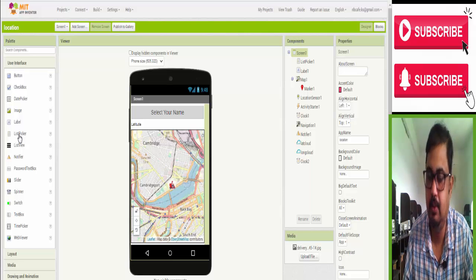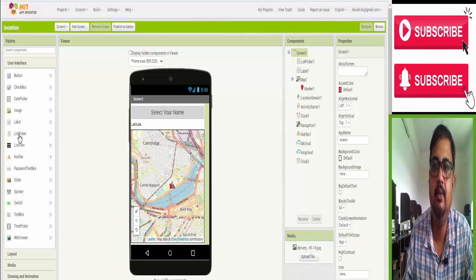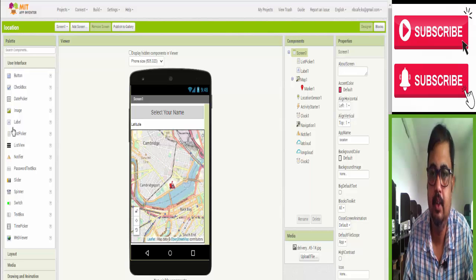Maybe you apply this app to your office work also, like Zomato did. If you have to track your employee, you can do that with this app. That is why you may build a list of employees or a list of your friends, and you can select one by one. That is why we use the list picker.